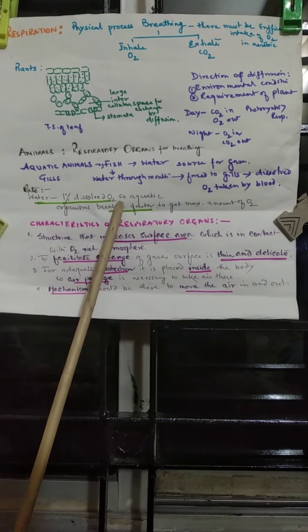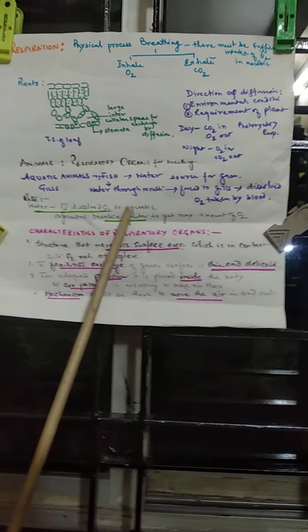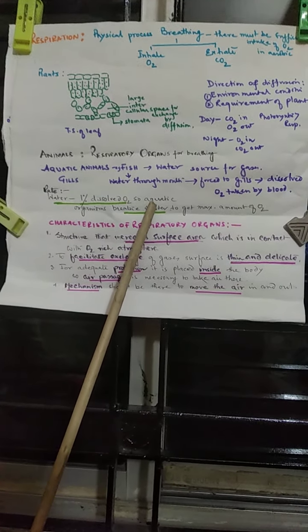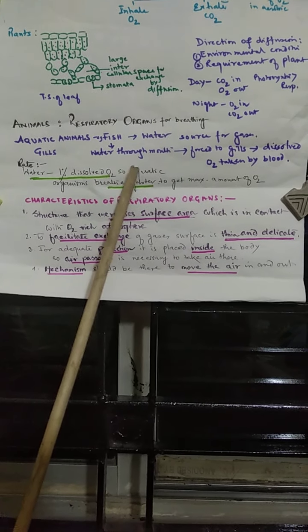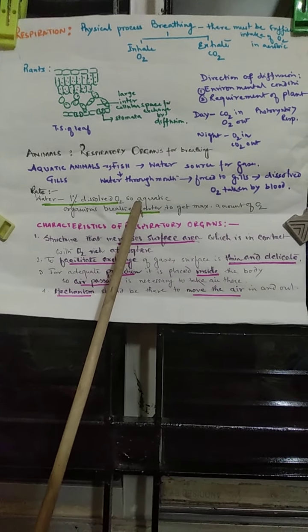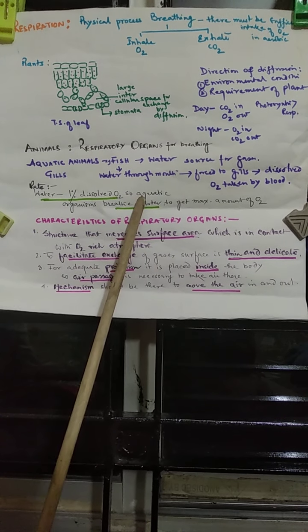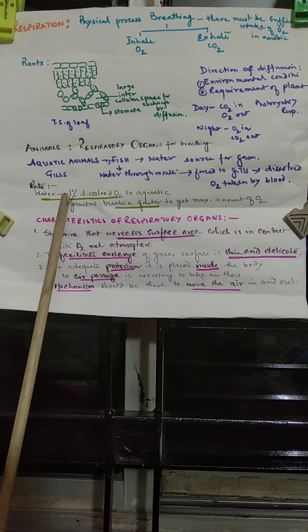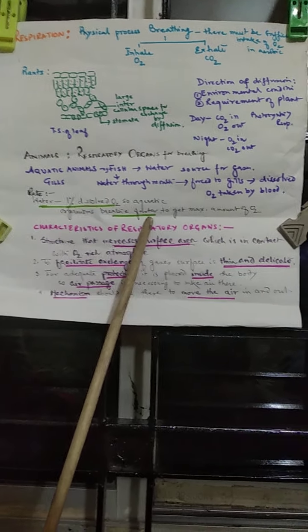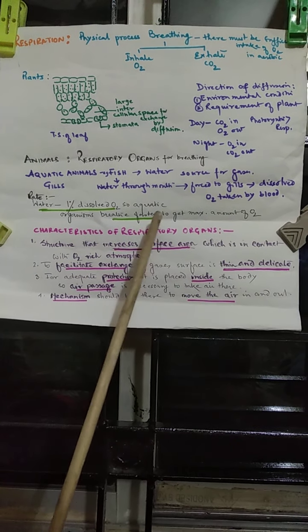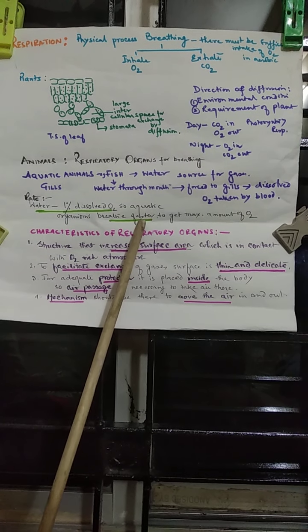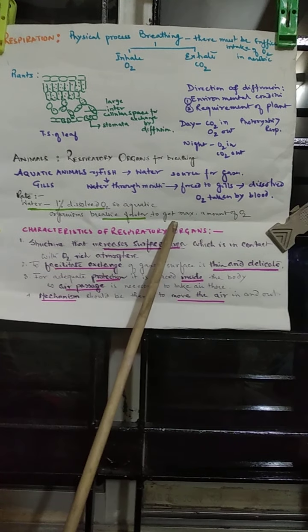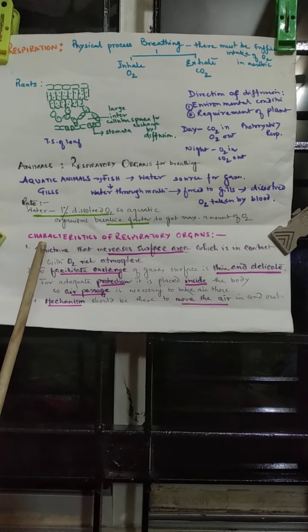Now, in aquatic animals, another thing is significant: their respiration rate or breathing rate is very high. Why is the breathing rate very high? Think of the terrestrial condition. In the terrestrial atmospheric condition, we have 20% oxygen in the atmosphere. But in water, we have only 1% dissolved oxygen. So the organisms present in water have to breathe much faster to get sufficient oxygen for their life processes.